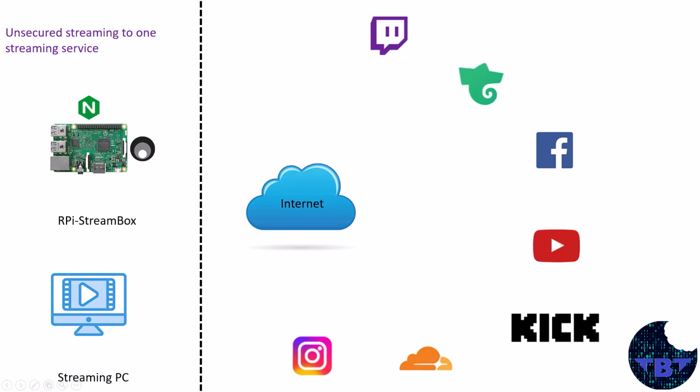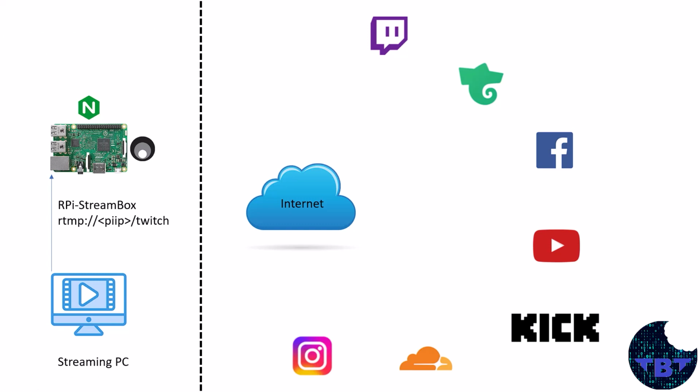So this is what happens when we are going to stream from our Raspberry Pi StreamBox. In this case, we're talking about the unsecured streaming to one streaming service. In that specific case, when we start to stream, our streaming computer is going to send that RTMP stream to the Raspberry Pi, specifying to which service we're going to stream. In this case, it says we're going to stream to the Twitch platform, and the Raspberry Pi receives that stream and, using Nginx, then broadcasts that through the internet and it gets to the Twitch TV website